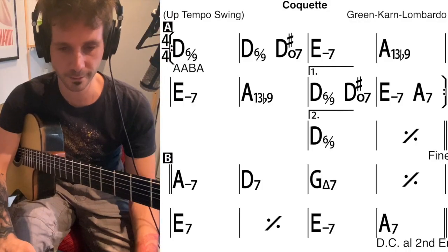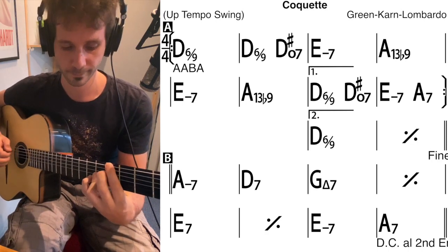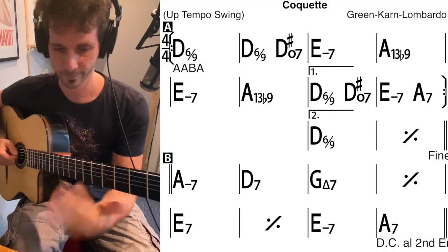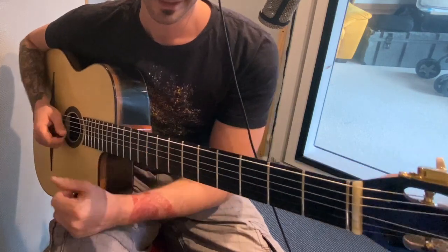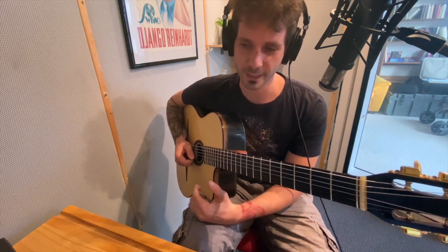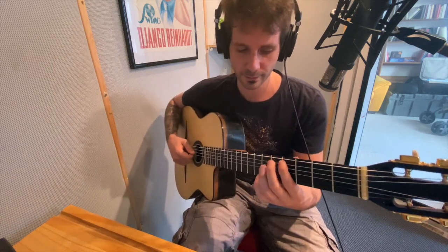As we know, the song starts in D, so it's a very sweet sound. It's nothing special really. This lick is just a major 7 arpeggio in reverse with the addition of the 6. But it's one of those licks that can make us sound a bit more sophisticated sometimes. You know, in Gypsy Jazz it's easy, after a while, to always play the same things over the same chords. So, you know, we all play this...